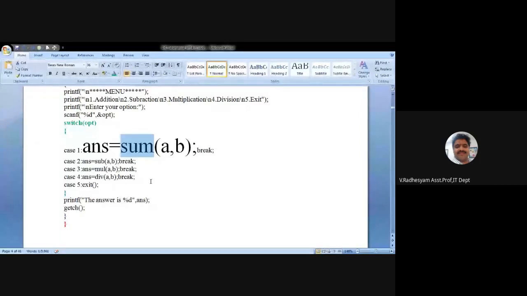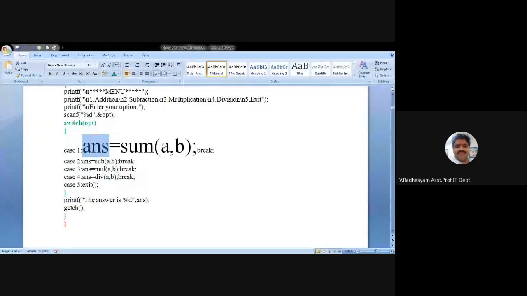This function will have 2 parameters, A and B. It takes 2 parameters. 2, 3. What is the sum of 2, 3? 5, which is placed in ANS. That is the case.